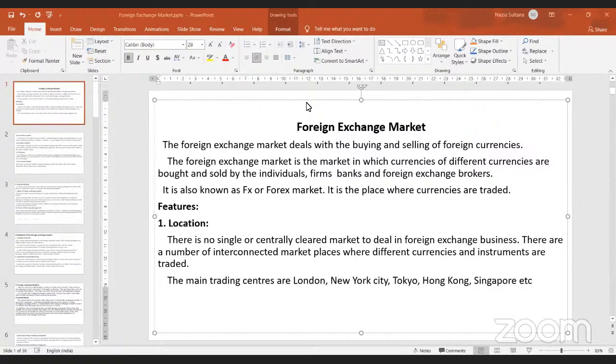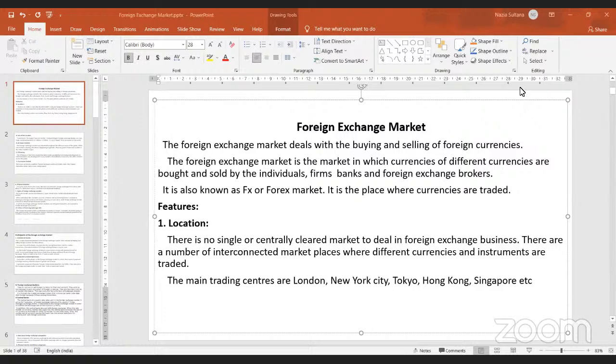So you would have different currencies which are there, but there are certain transactions in the international market for which you would be requiring that your country's currency gets converted into the foreign country's currency. So then how does that happen? That happens only when you buy the foreign country's currency. So here you are paying in terms of your currency to get the currency of a foreign country. That's nothing but your foreign exchange market.